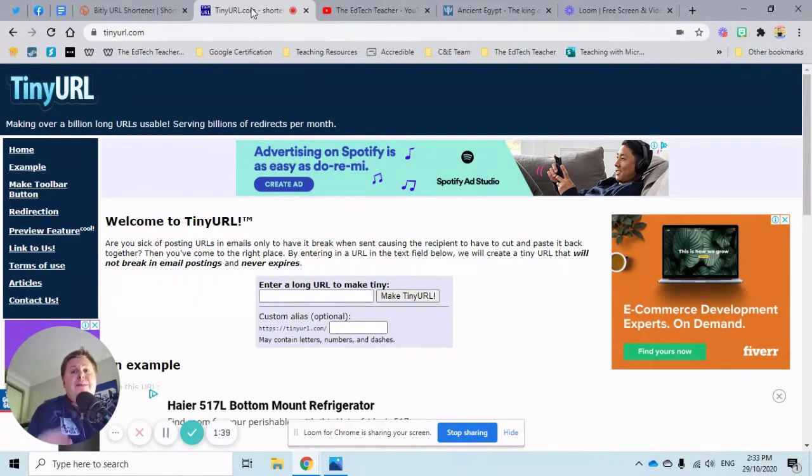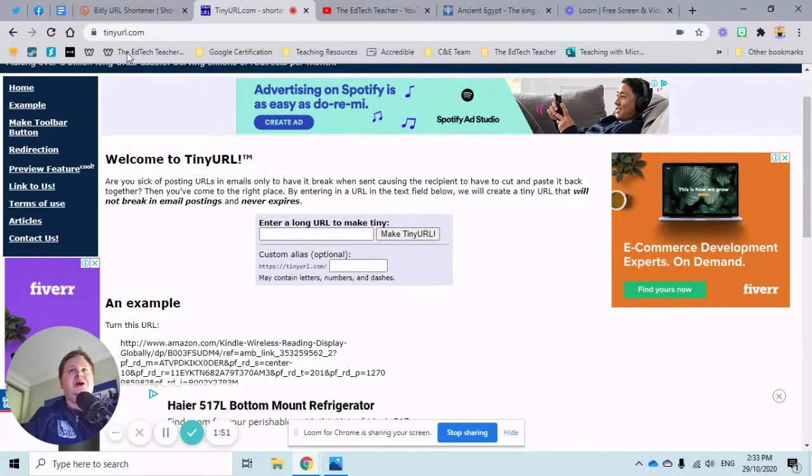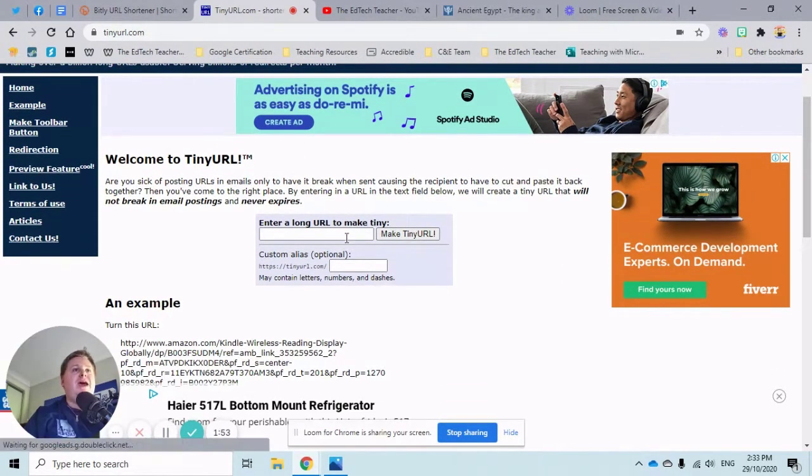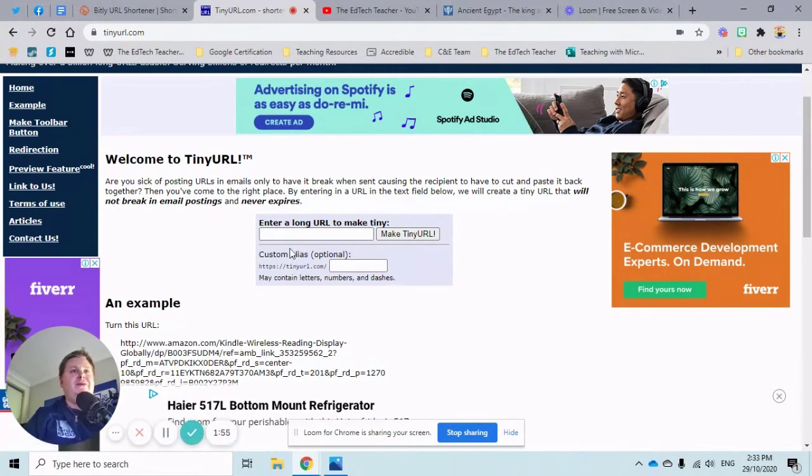Look, it's not the prettiest, but it does the job, which is making our URL address much shorter so it's much easier for our students to copy down and access. So you can see here that all we need to do to use tinyurl is go to tinyurl.com. And then we have this box here in the middle of the page where we enter our long URL and